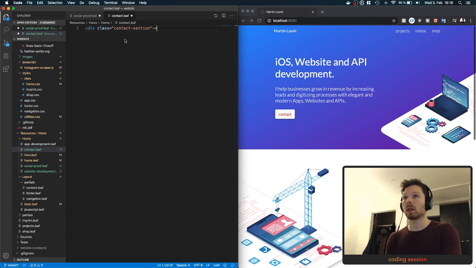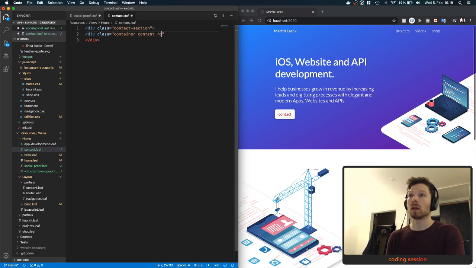Let's call it like that. And container, so it's centered, and content, and then row. And then we will have 12 for mobile and 6 for, yeah, let's try this.